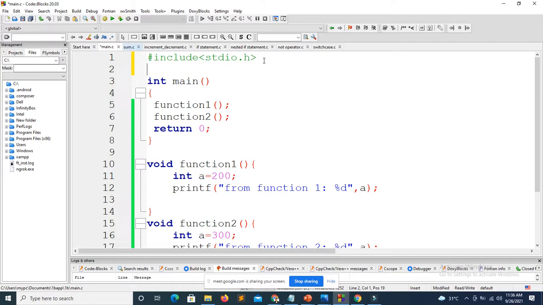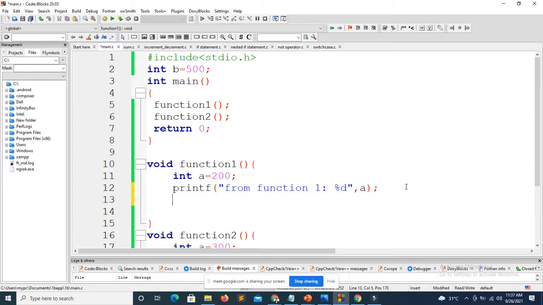Okay? For example, ako ibutang diri og integer A. Integer A is equal to, or ako ibutang og B is equal to 500. Okay? Ang B nako is it can be used inside the sub-function